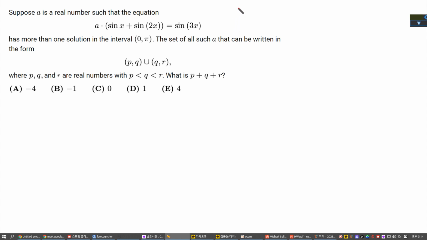We can take out sine x on the left side. And for the right side, this sine of 3x is like x plus 2x. So if we open the parentheses using the addition formula for sine,